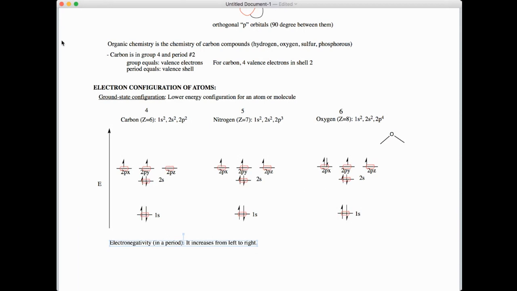And what happens now with electronegativity in a group? Can you just repeat what you just said like 5 seconds ago? Yes. So in a period, as we go from left to right, so I'm going to say here,